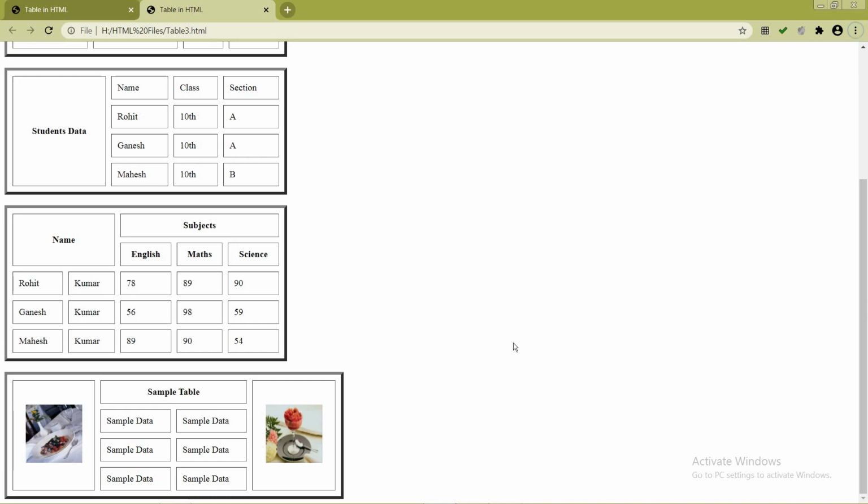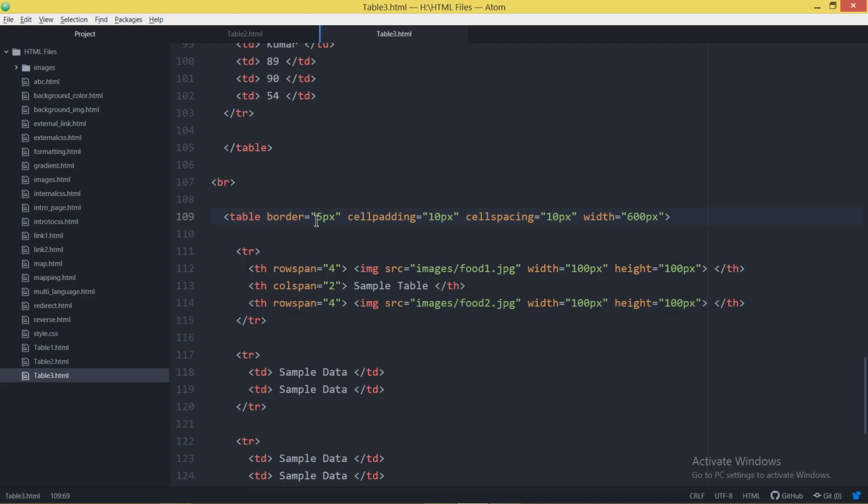See, in this last table, I want to include a background image. So with the help of the table tag, the first one is the table tag, give the style. It indicates that we are going to use inline CSS and use the property background-image. Colon, URL is for uniform resource locator. In the previous videos I have mentioned these properties.